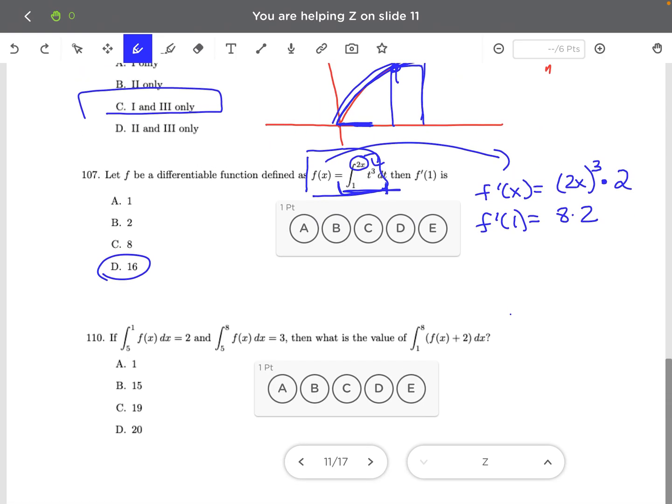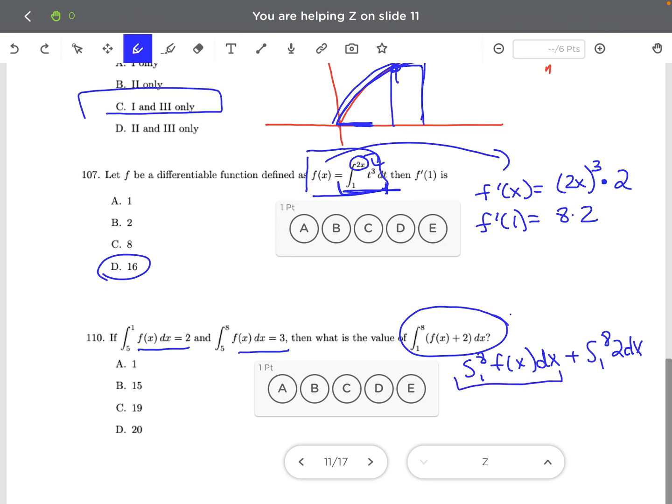Okay, and the last one here, it gives me a couple values of definite integrals. I want to come up with this. So anytime we're adding and subtracting, one of the properties says I can split this up. So this is the same as this. Okay, this piece here, I don't have the integral from 1 to 8, but notice they give me an integral from 5 to 1 and 5 to 8. So if I integrate from 1 to 5 and add the integral from 5 to 8,